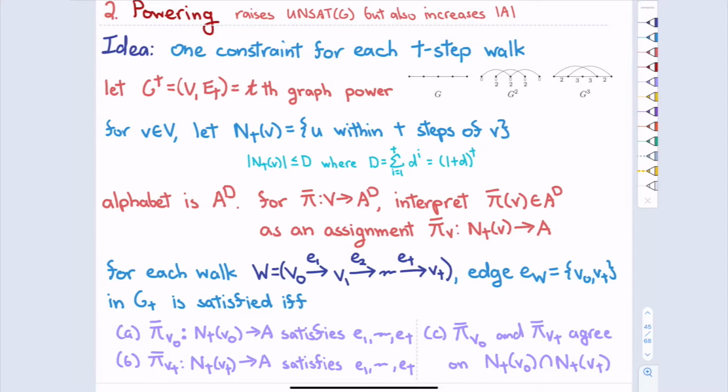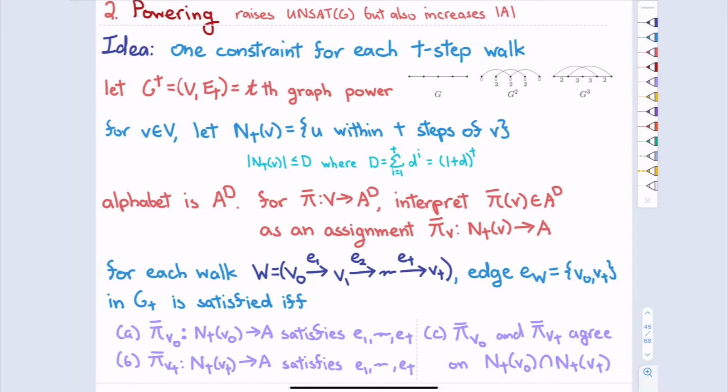Blowing up the alphabet size is not great. We'll have to address that in the next step later. But otherwise, we have roughly done the analog of taking the t power of a graph. We kept it a graph CSP, and we can make a constraint for every t-step walk in the graph.